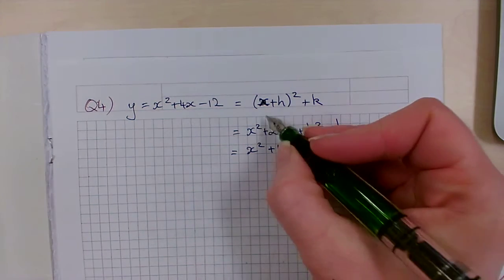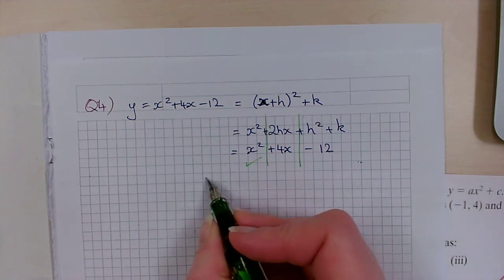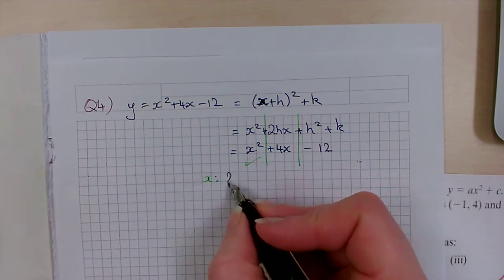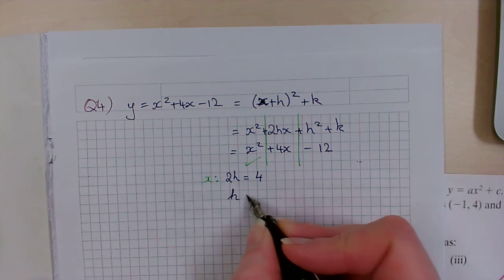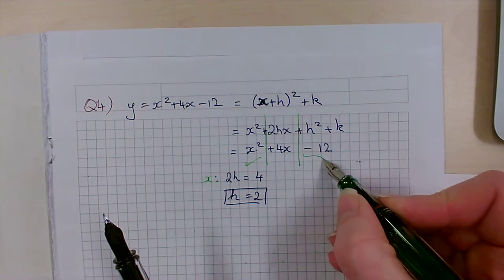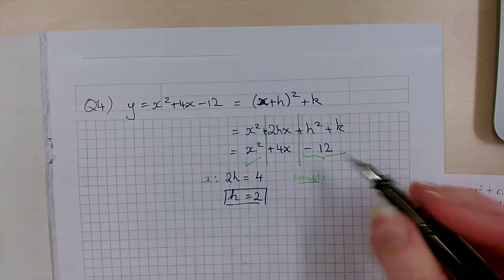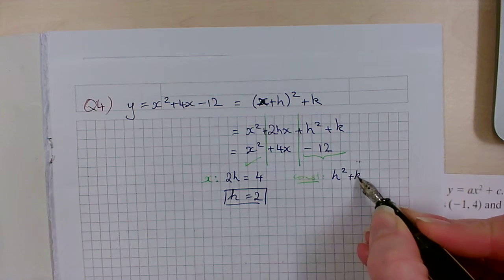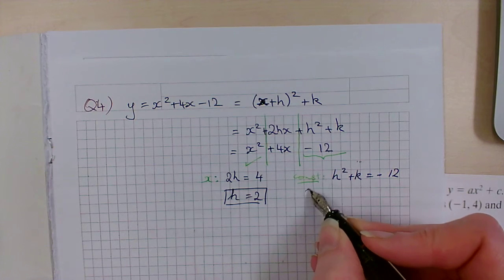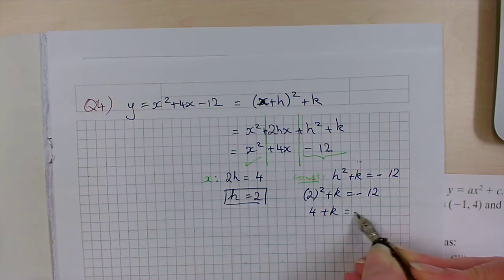And what we can see here is that I have my x squared, they're the same. Then I have my x term, and my x terms tell me that 2h must be the same as 4. 2h is equal to 4, so h is equal to 2. And I have my constant term, the thing with no x's in it. And what my constant term tells me is that h squared plus k is equal to minus 12. But I know what h is because I just found it there. So 2 squared plus k is equal to minus 12, or 4 plus k is equal to minus 12, and